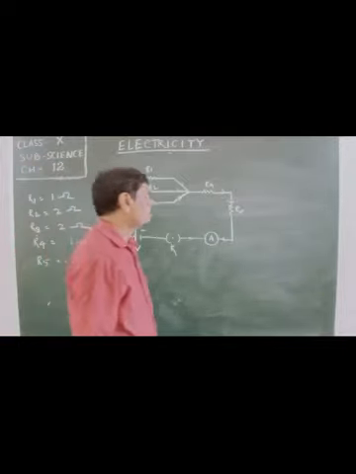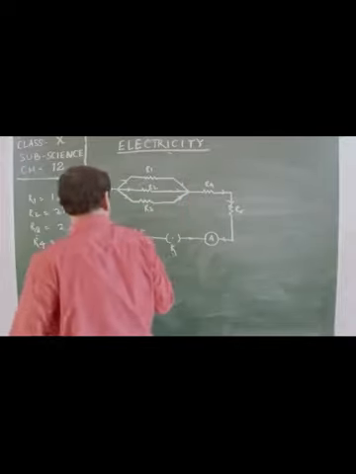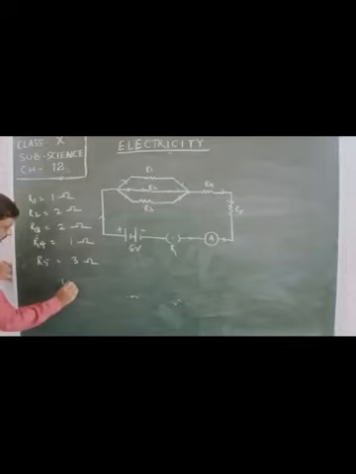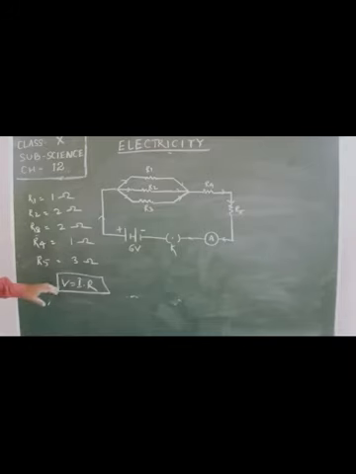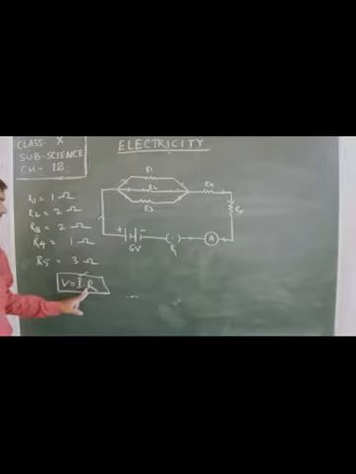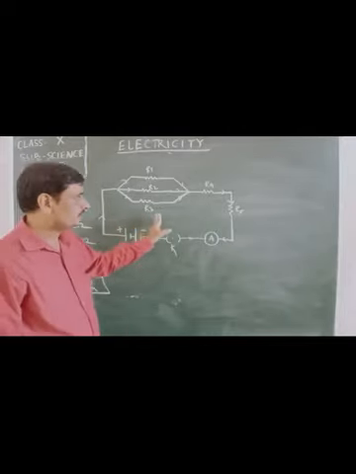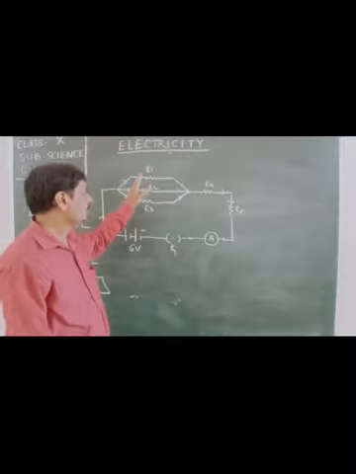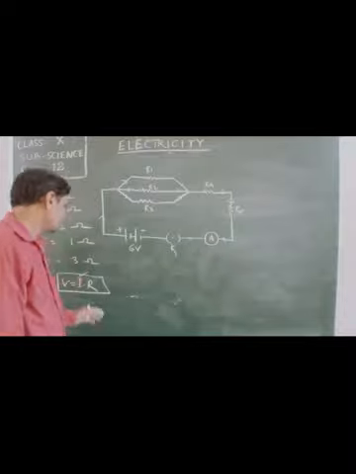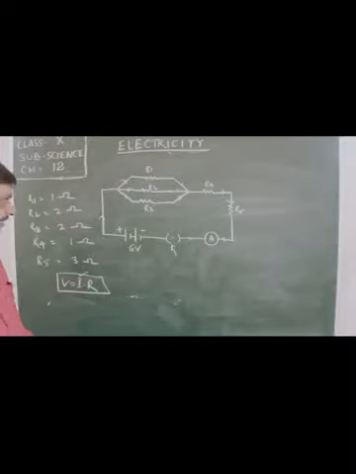First, the relation between potential difference, resistance and electric current is V equals I into R. Here V is known, 6 volt, for this potential difference. We have to find the electric current which will flow through this circuit, so we need the resistance. We have to find the total resistance of the circuit, where 5 resistances are connected with different connections. So first we have to find the total resistance of the circuit.